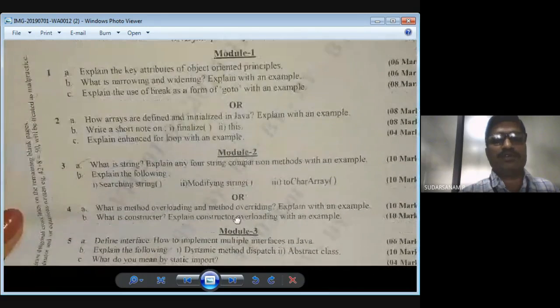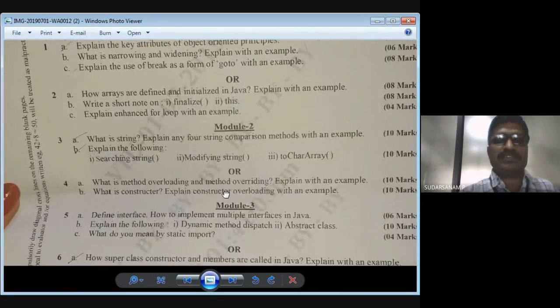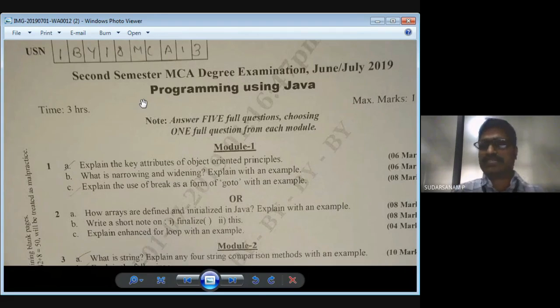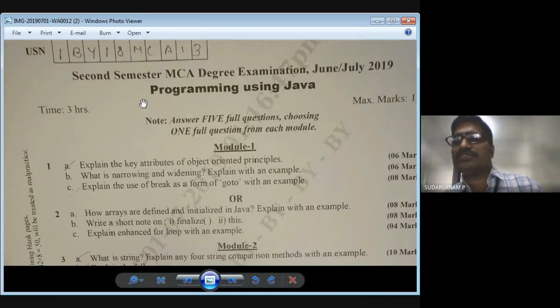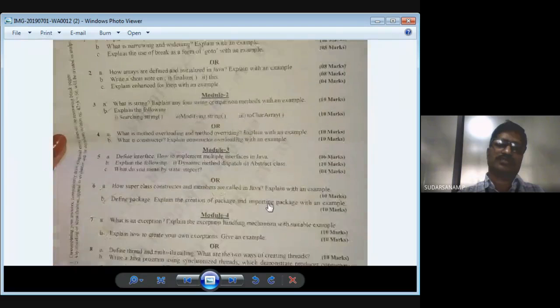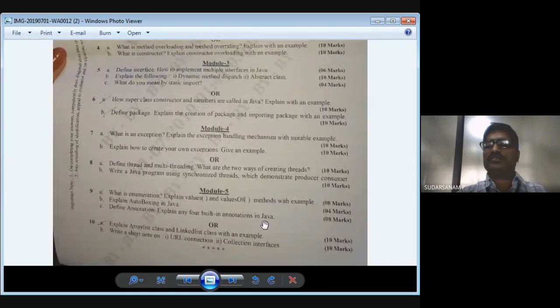You can see any old question papers. If anything is left out, you can ask me. This is the 18 syllabus; before that, syllabus may sometimes change. The 16 syllabus is also okay, I hope, the same thing. You can see that also. This is your syllabus. Please let me know if you have any problems in this chapter. Any topic, if you have problems, I'll tell you. Once again, I'll share that.